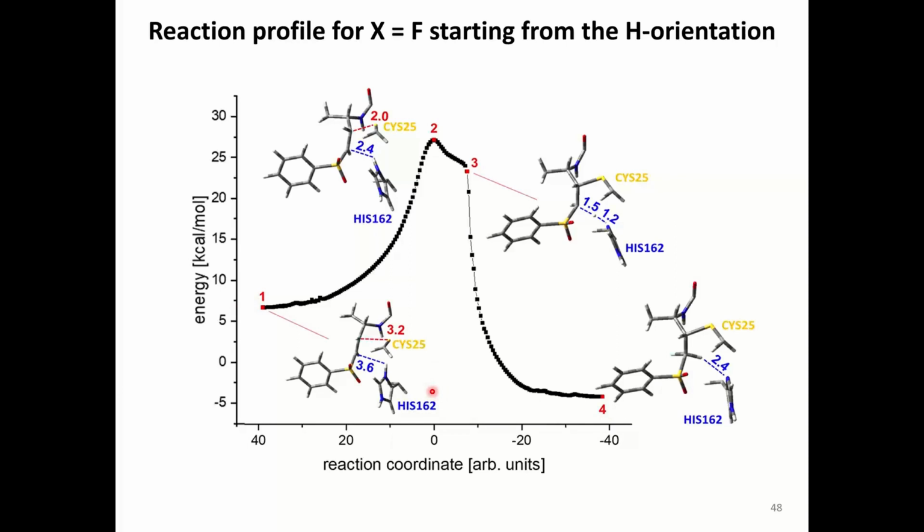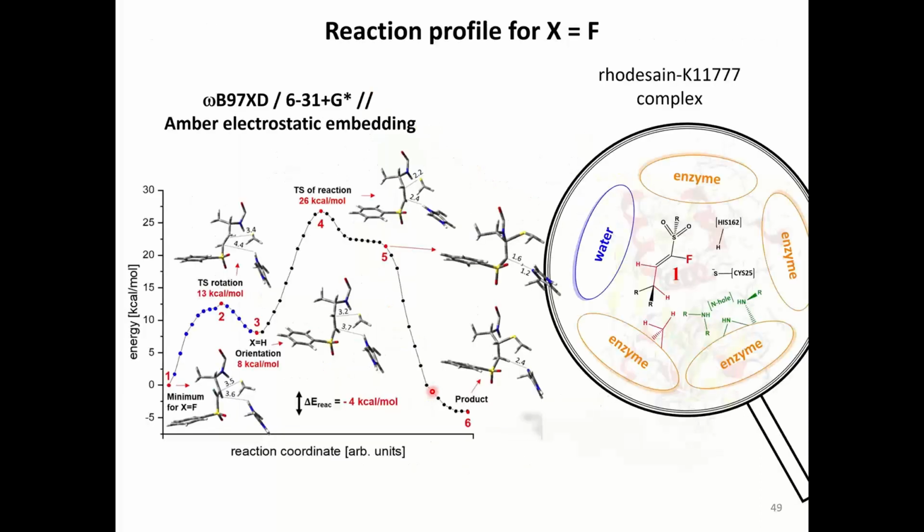So you see, if you take the fluorine system and let it react from the hydrogen orientation, then the reaction is better than if you would have started from the fluorine orientation. So we thought, okay, we have the following mechanism for the fluorine. First, a rotation takes place from the global minimum for the fluorinated system. You have this rotation around this dihedral angle, and you end up in the hydrogen orientation, and then the reaction